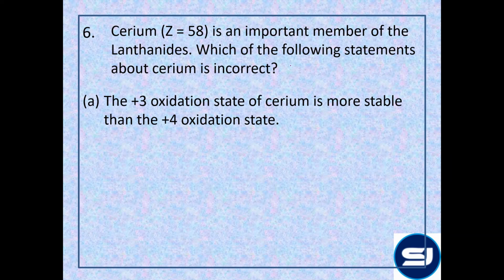Now, if you remember, in lanthanides the common oxidation state was +3. Apart from +3, it can show +4 and +2. A +2 is shown by which elements? Remember it as Set Y. +2 is shown by Set Y and +4 is shown by